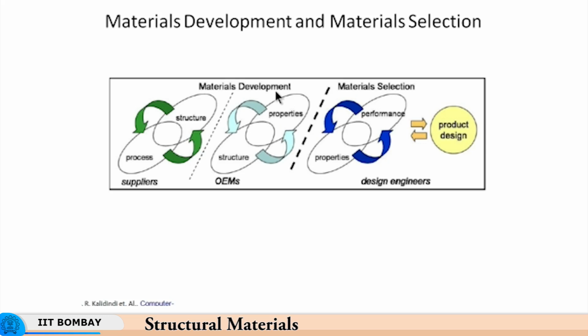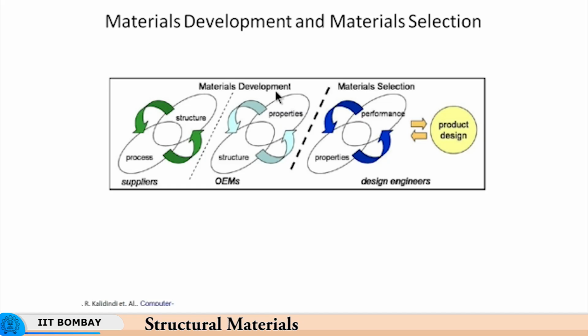So, my choice of material will depend upon the structure, basically the face centered cubic structure. I have the process to obtain it, and based on that I get number of properties. Now, if I have to modify the properties of nickel, for example, I add a number of alloying elements so that the properties get enhanced or properties get modified, and then I expect certain degree of performance from that material. So, I select a material and then I look at its utility under different conditions.